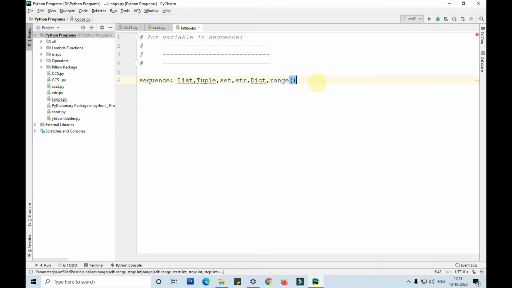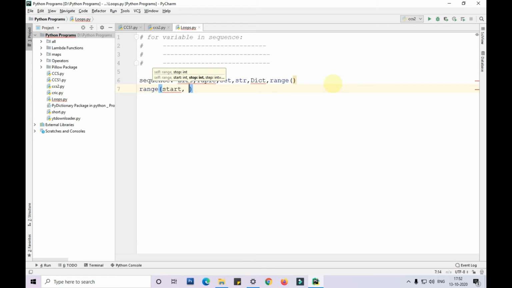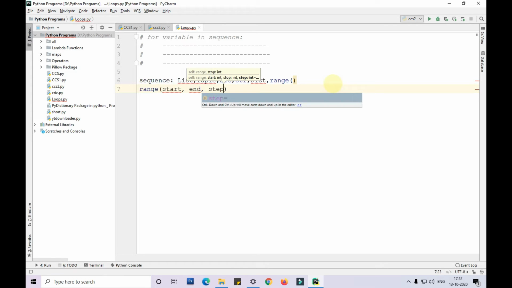Range is again a function, guys. What is the use of range function? I'll tell you now. A range function has three attributes, guys, that is the start, end, and step. What is the use of these start, end and step and how are they useful in a for loop? I'll let you know now.